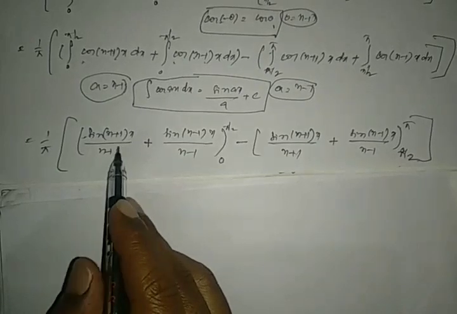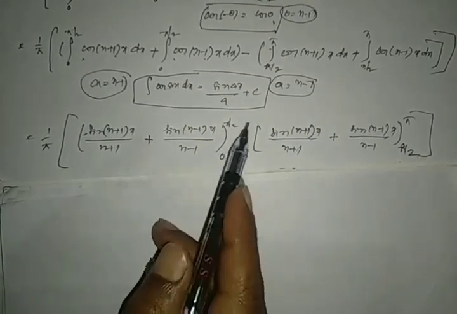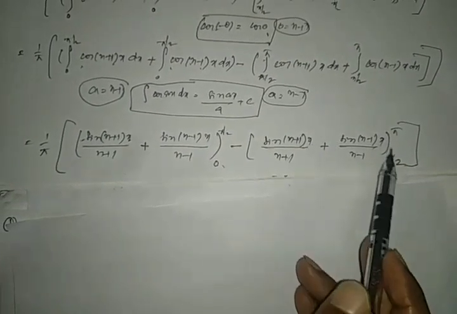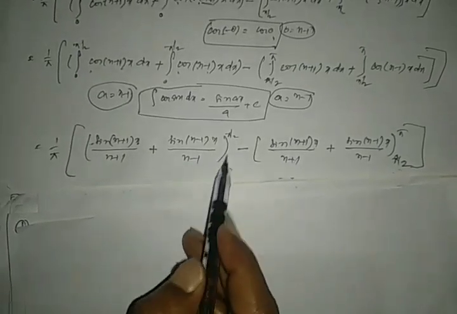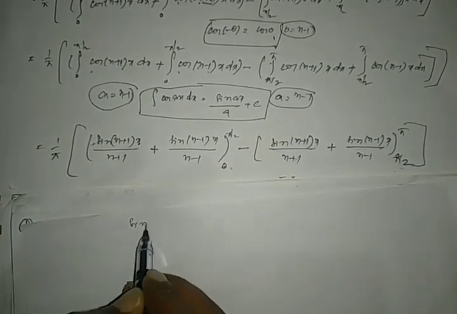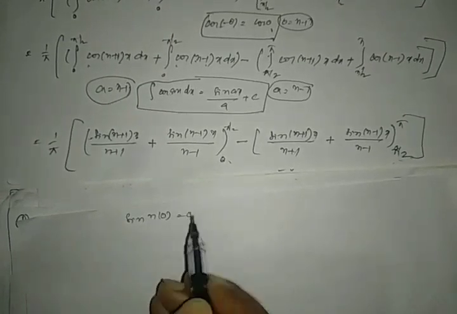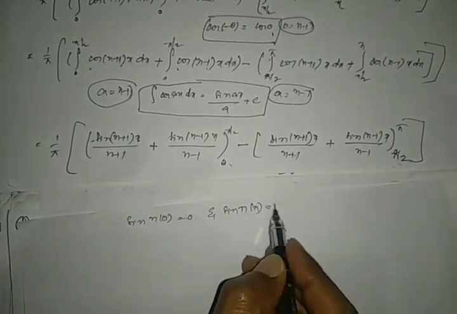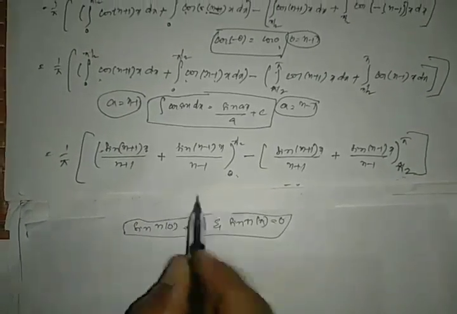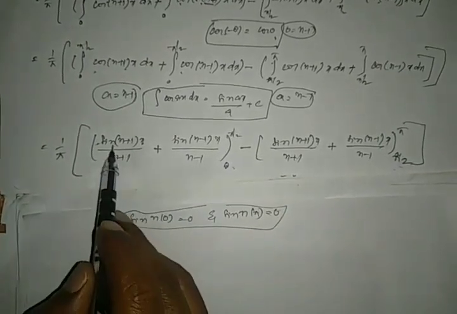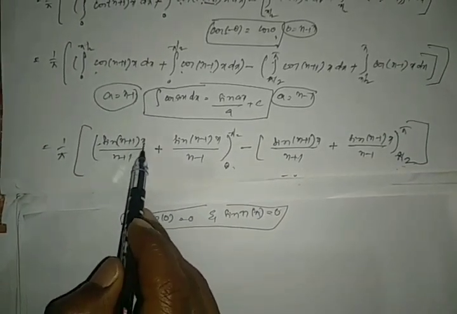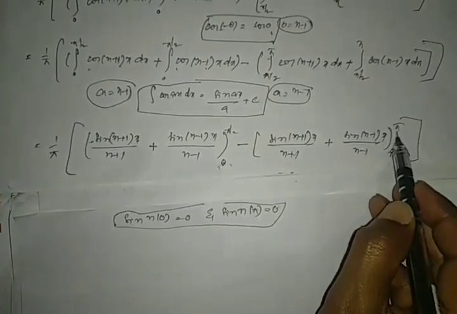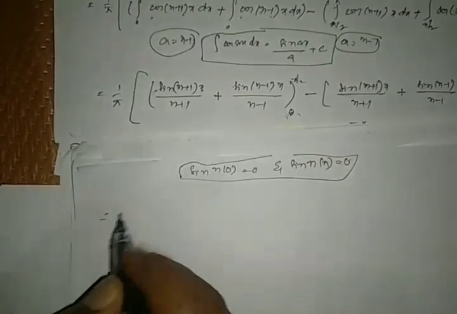Now observe here, substitute the upper limit in x place and the lower limit in x place. If we observe here, the lower limit is 0. We know that sin of n into 0 is equal to 0 and sin of n into pi is equal to 0. Here the lower limit is 0, sin of n into 0 is 0, and this is also 0. Here pi is the upper limit, the value is 0. That is equal to